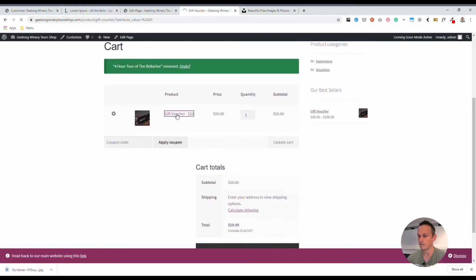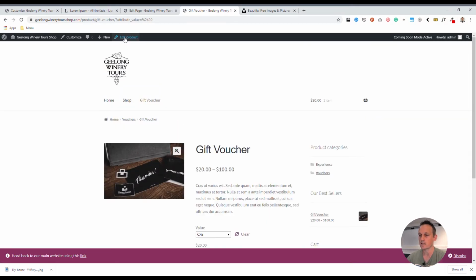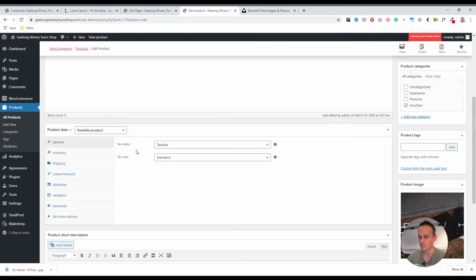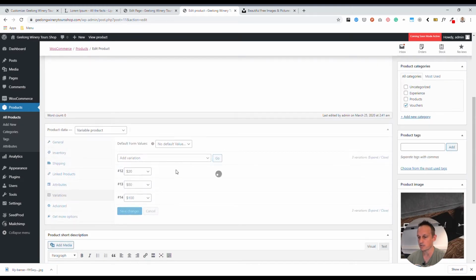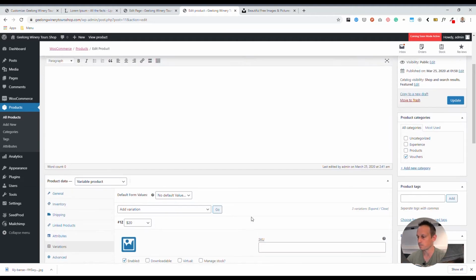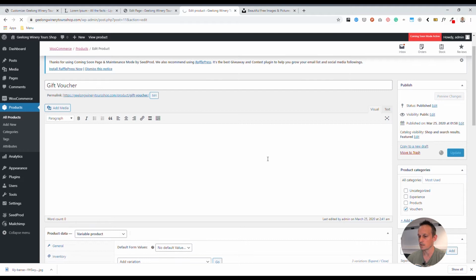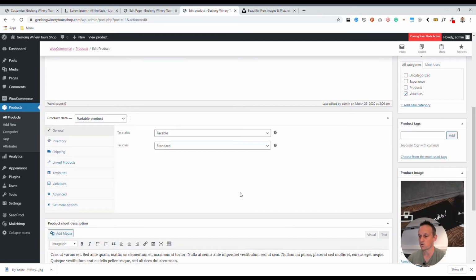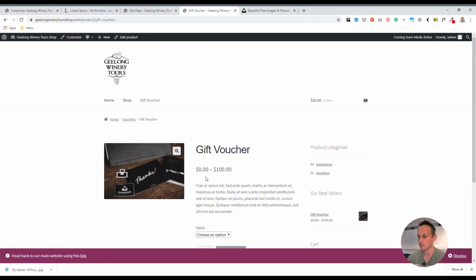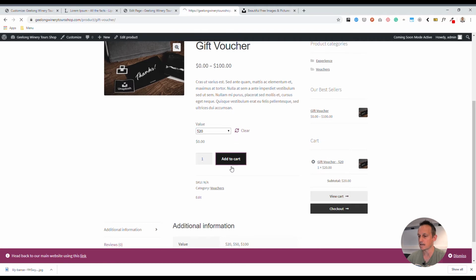I'm going to come to this gift voucher product. I'm going to go edit product. So you'll do the same thing. And I'm just going to come down to the variations, and on this $20 one, I'm just going to change it to 0. Now if you wanted to actually test your PayPal and everything as well, you could just set that to say $1. And then when we go to view product and we add it to cart,